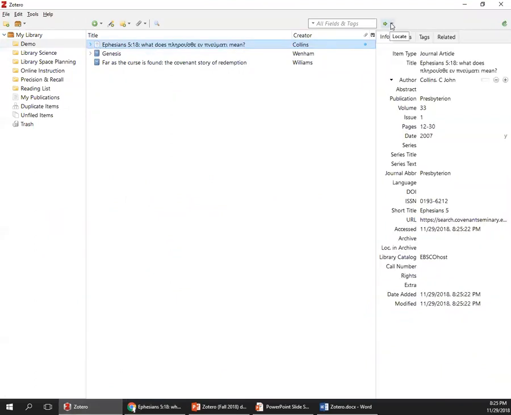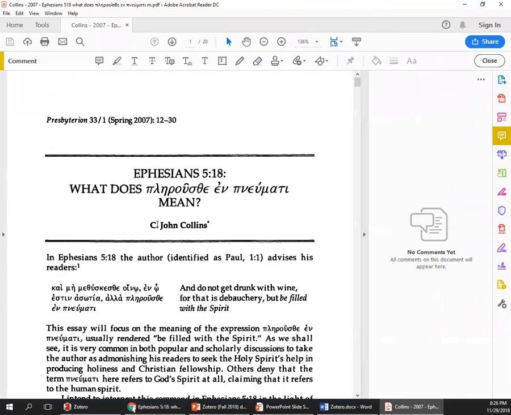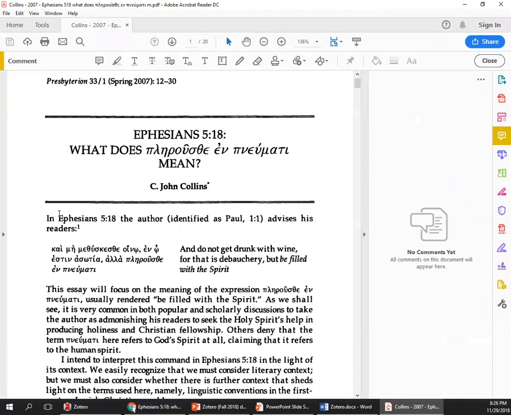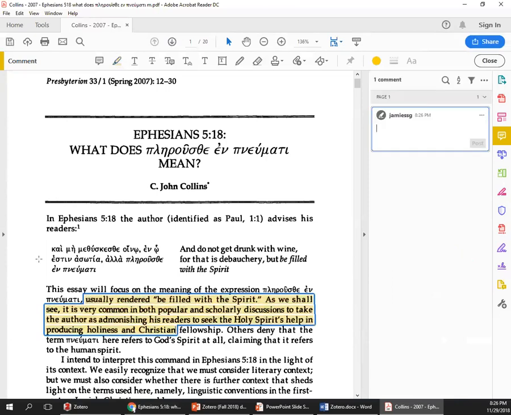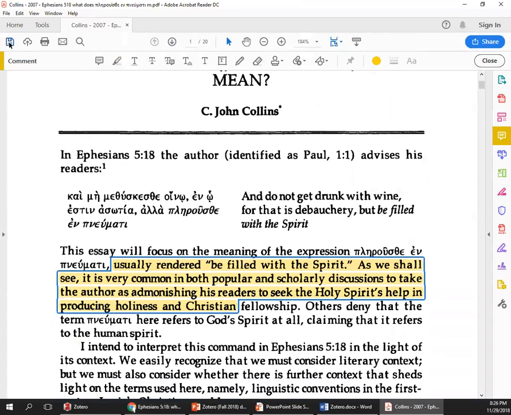I can just click this action, this locate button here, and I can view the PDF. That's going to open that up in the default PDF reading application for my computer, so whether that's Preview on a Mac or maybe Adobe Reader on a PC. And then I can use whatever tools that app provides to annotate this PDF. So if I want to select some text and highlight that, I can do that. And then when I save that document,